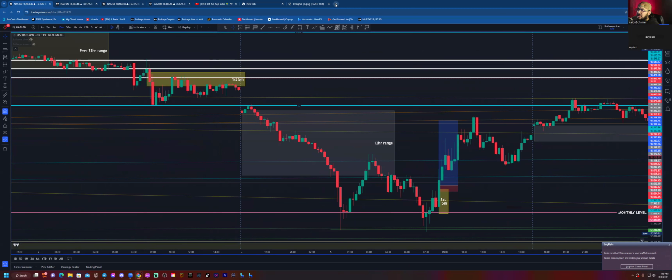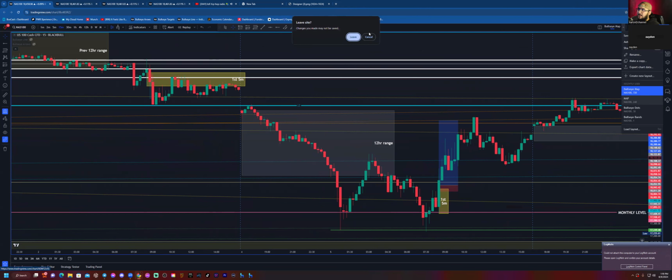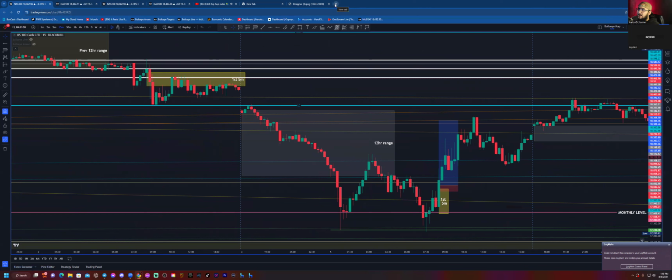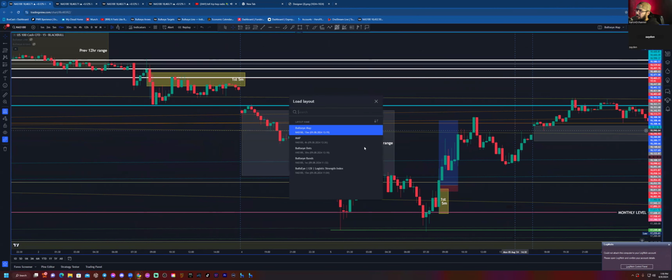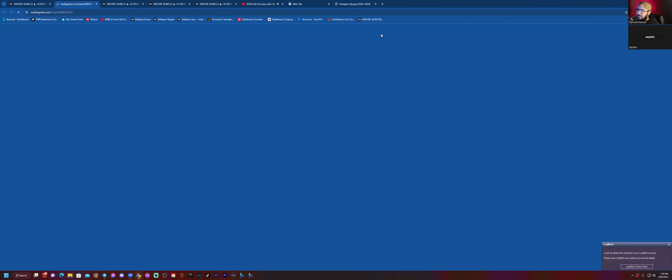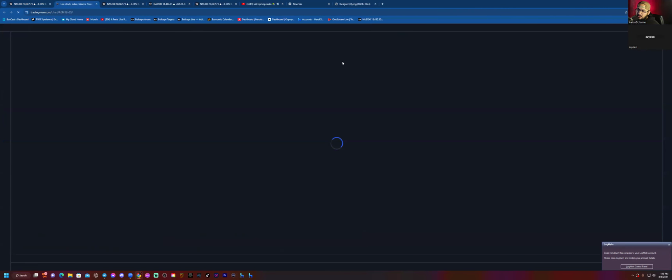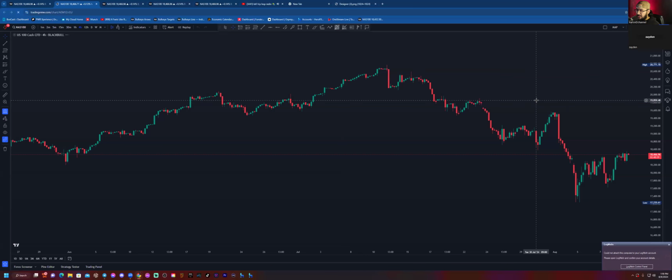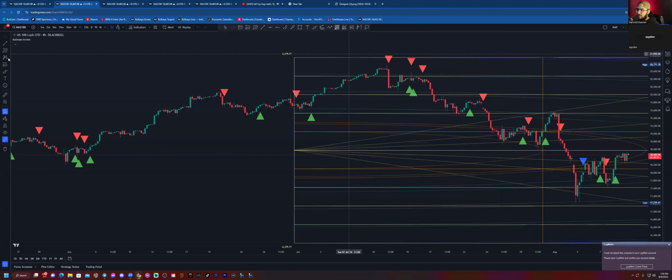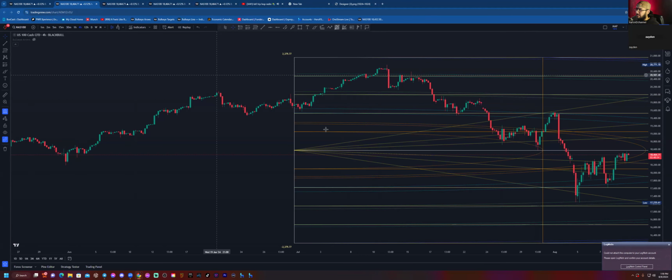Let me load the map. All right. This Gann map is pretty insane. This is not going to be a very in-depth look at what we're doing on the map. But